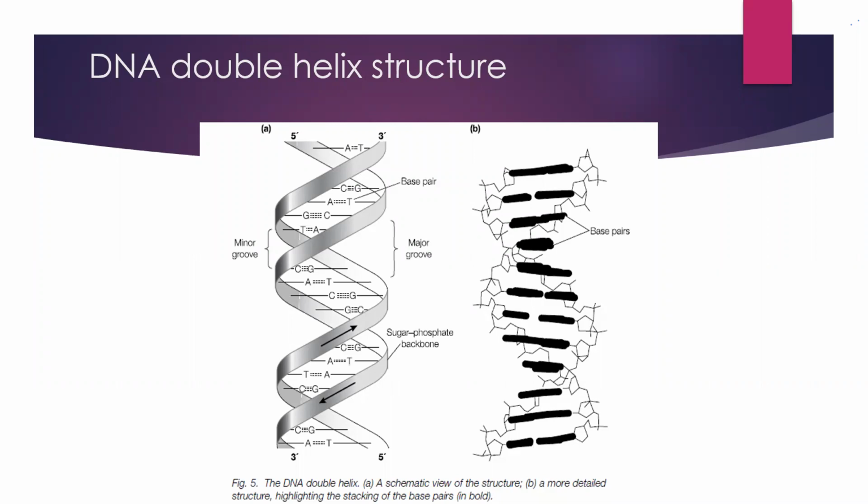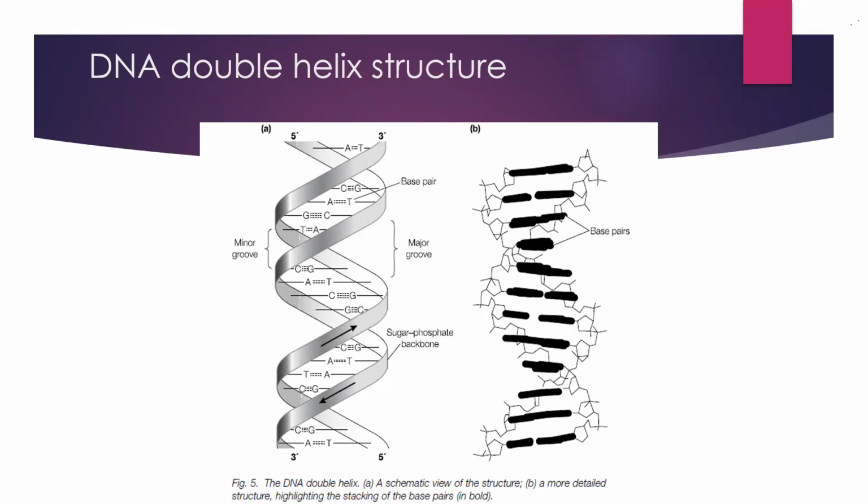At the 5' end, there will be a free end; it could be with the phosphate group, or it may not have the phosphate group, but it has a free 5' end and a free 3' end, and this free 3' end is usually the free hydroxyl group. So now we need to discuss the double helical structure of DNA. The most stable form of DNA exists in the double helix conformation. This double helix structure of DNA was deduced by James Watson and Francis Crick in the year 1953.